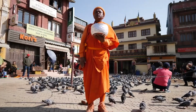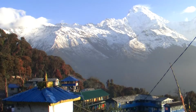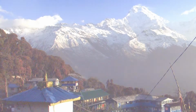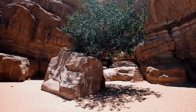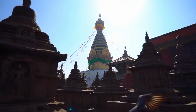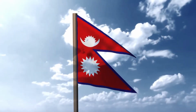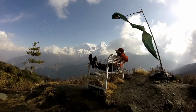The country of Nepal is no stranger to the unique and extraordinary. Being home to both the tallest mountain peaks in the world and also the deepest canyon depths on the planet, it's easy to see that Nepal has things to offer found nowhere else on Earth. It only makes sense that their nation's flag, a visual representation of the country, should be just as unique as